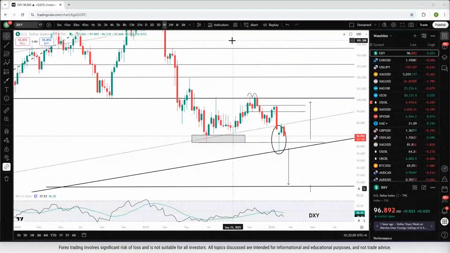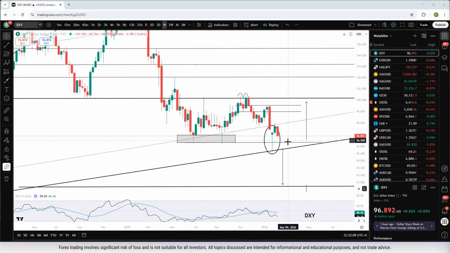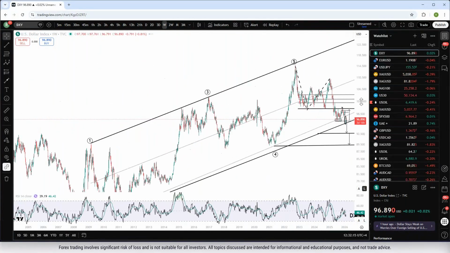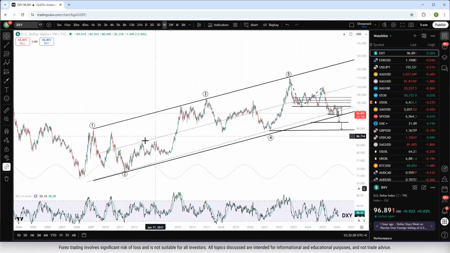Okay, hello everyone again. So as I mentioned, we'll be starting with the US dollar index, which is back under pressure near the 96, the critical 96 support. I'm going to go back to why this is a critical support on the chart as it aligns with the lower bound of a channel that has been respected on the charts all the way since the lows of 2008,